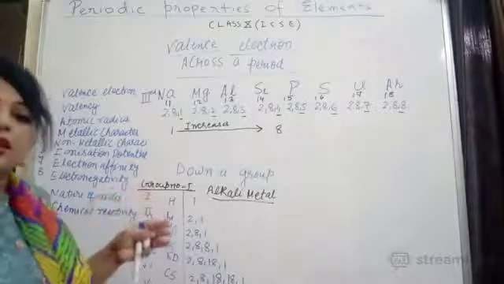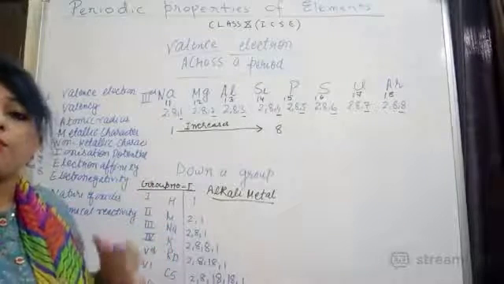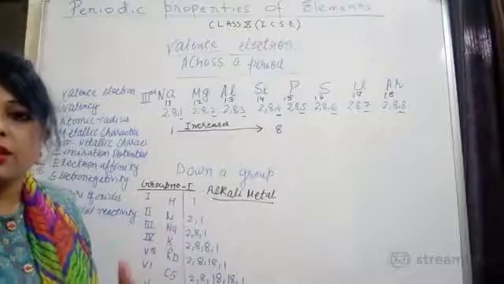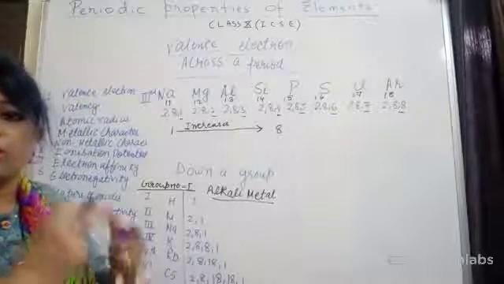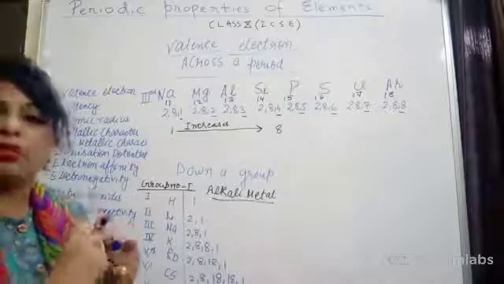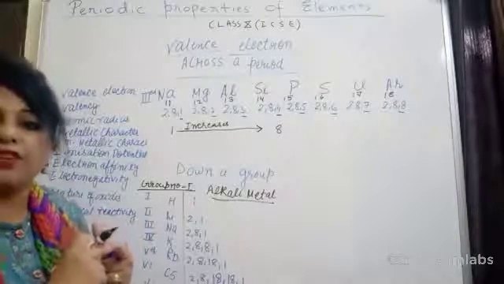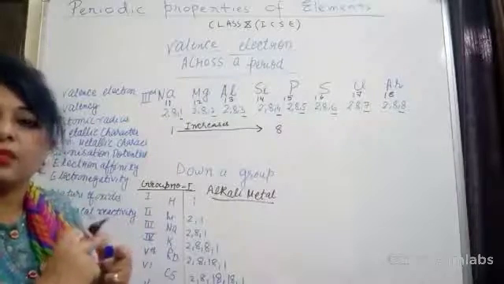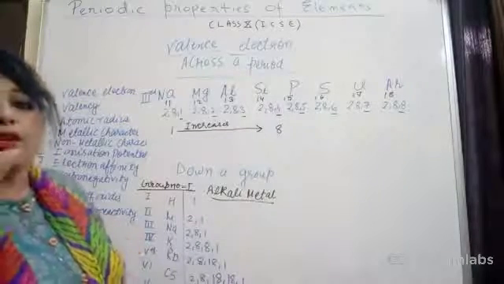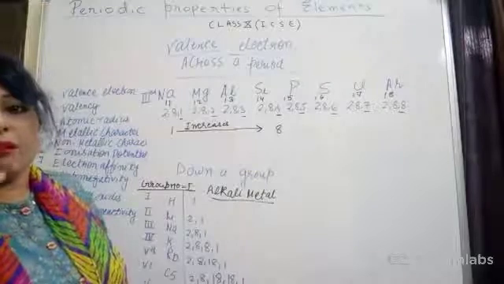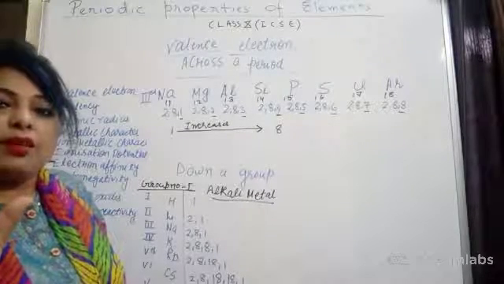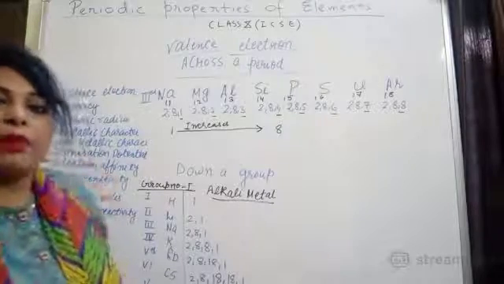And we have discussed in the last class what the main elements are, or you can say the representative elements. They belong to which group? They belong to group number 1, group number 2, group number 13, 14, 15, 16, 17 and group number 18. It means these groups are main group elements, or representative elements. But transition elements, group number 3 to 12, will come under what?